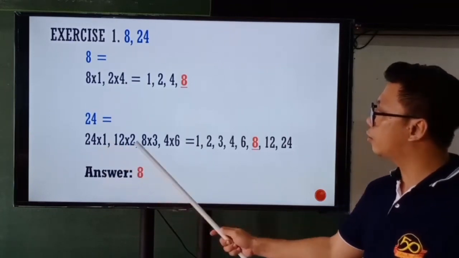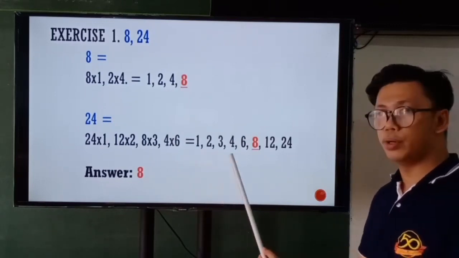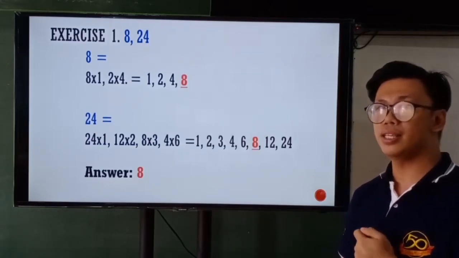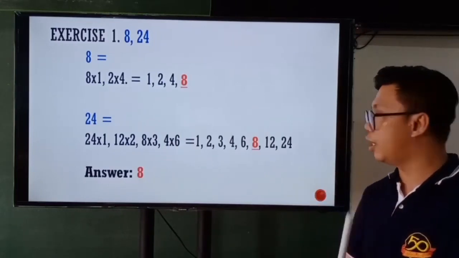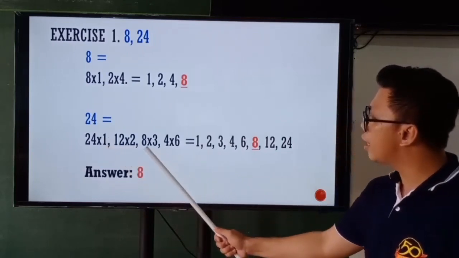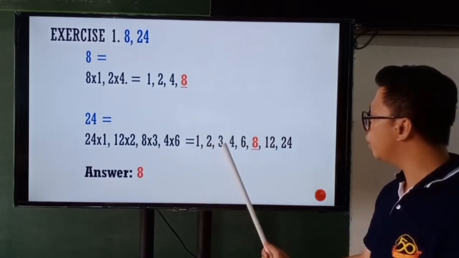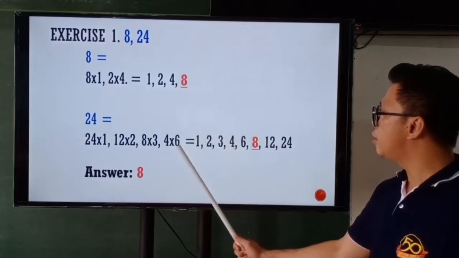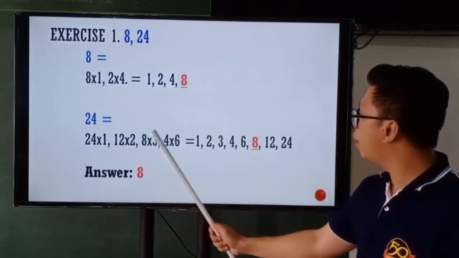After getting the factor of 24, what is the next? Very good. We will list the numbers in ascending order. What is ascending order? That is from smallest number going to the largest number. So let's start. So the smallest number is 1. So we will write 1. Next is 2. We will write 2. Next is 3. Then 3. Next is 4, we will write 4, then 6, and then 8, we will write 8, then 12, and the